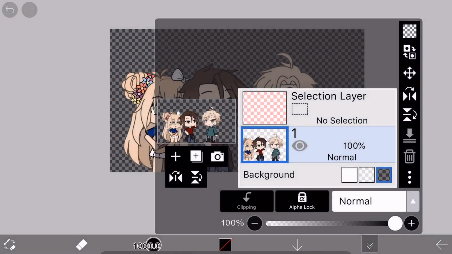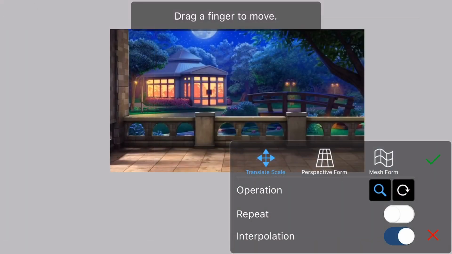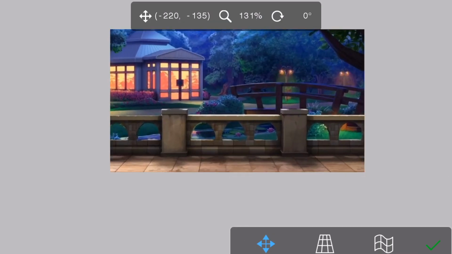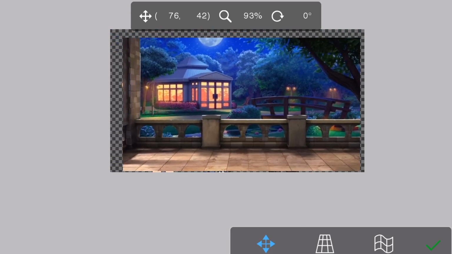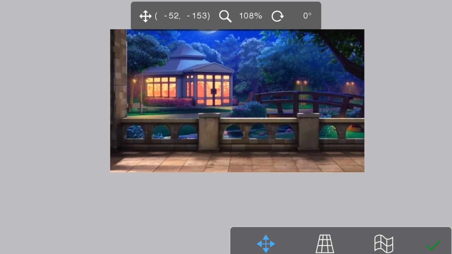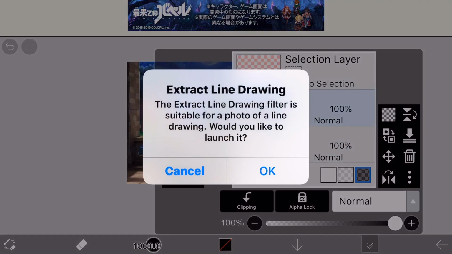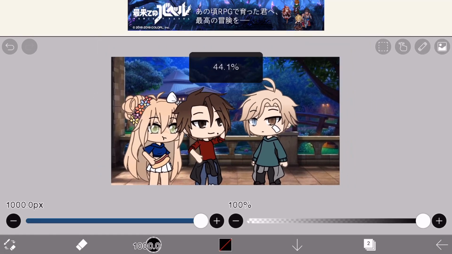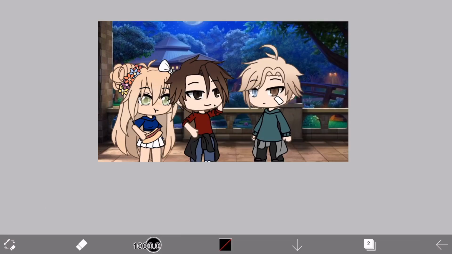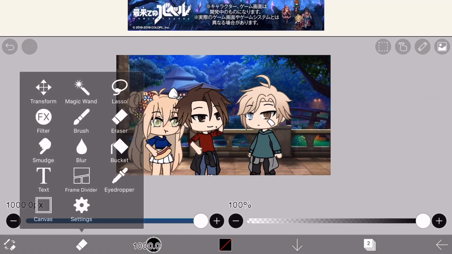import my background, and conveniently it's the same size as the thing, but sometimes it can be smaller. But if you want to have this section, you can have just that section, but I personally want to have the whole thing, so just leave it like that. And I press cancel, and I drag this layer up so it becomes on top. And because in the scene it's not actually saying anything, I do a